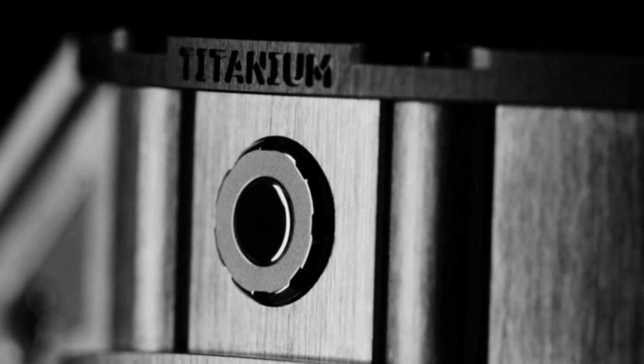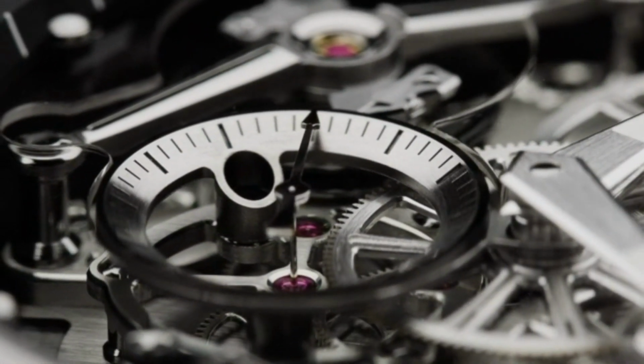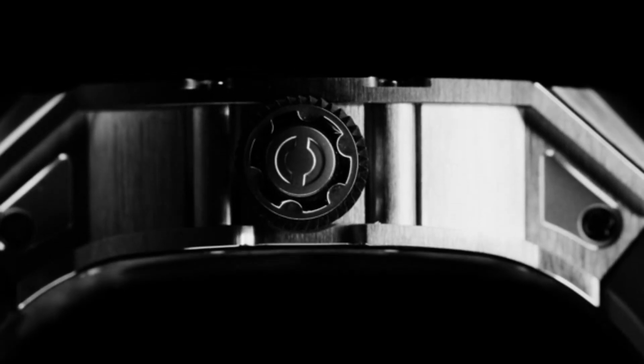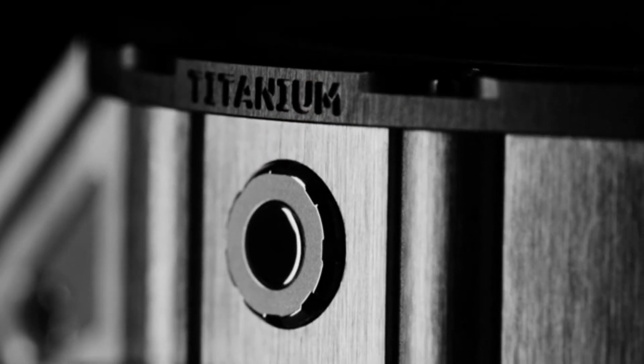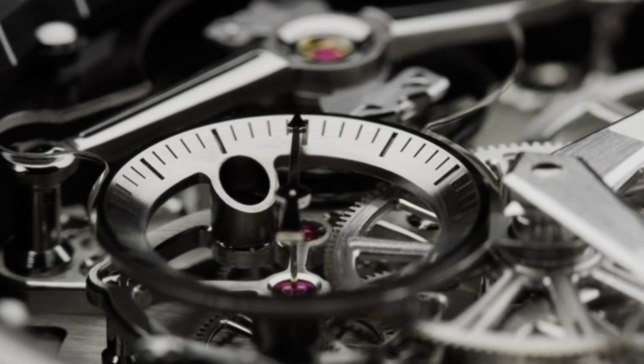This is a highly ambitious goal that demands variations of less than 30 seconds per month from the RM031, which is far more difficult to obtain than more traditional daily accuracy rates, allowing variations of 5 to 8 seconds per day. The caliber of the RM031 is equipped with an AP direct impulse escapement developed by APR and P for